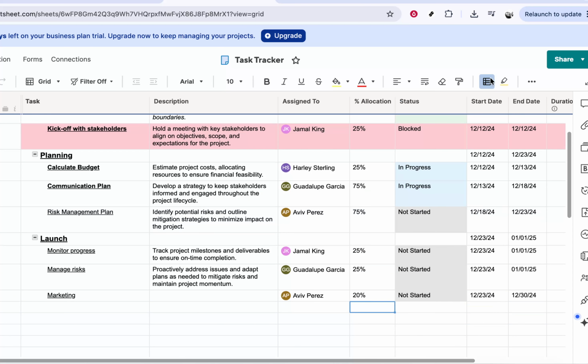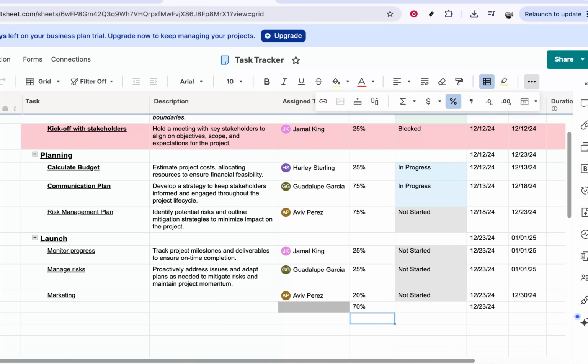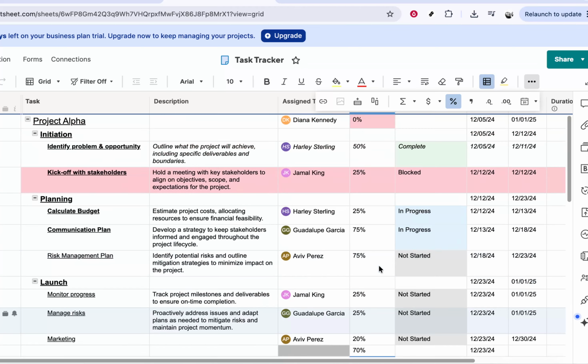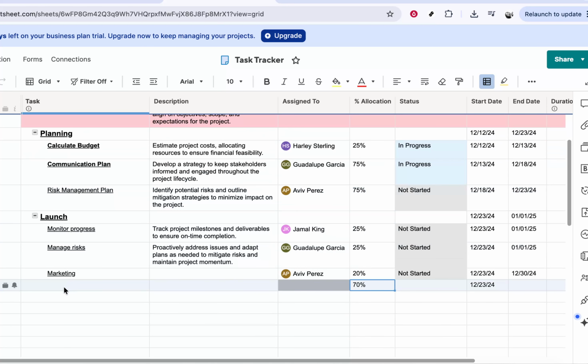As soon as you click it, Smartsheet will automatically scan all the numeric values in the selected column and generate a total. Depending on your layout and settings, this summary will typically appear at the bottom of the column or in the column summary area. You won't need to manually type a formula. Smartsheet handles the calculation for you. If you update any numbers in that column later on, the sum will also update, so your total always stays accurate. This makes it a great way